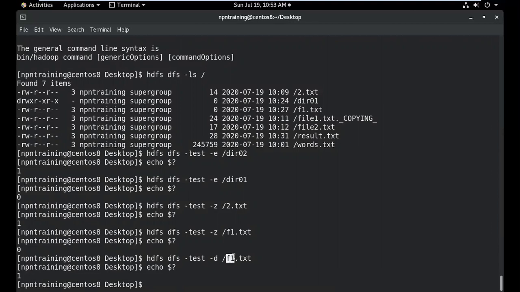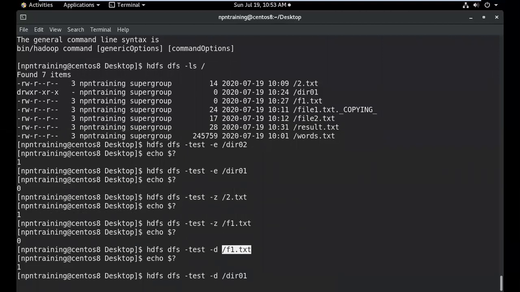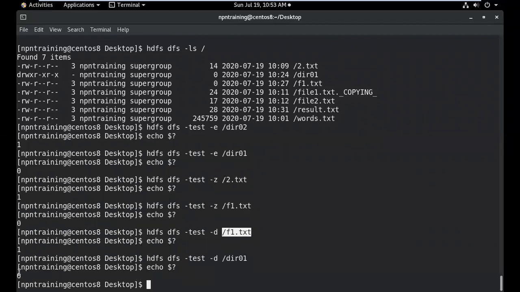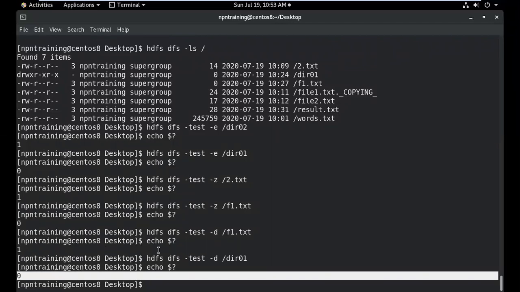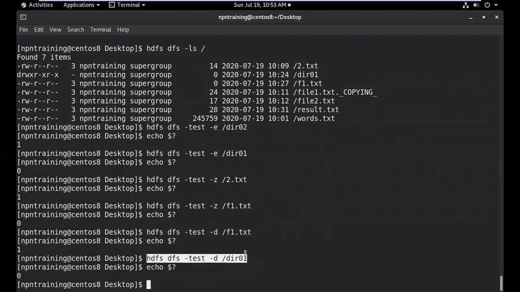Now this information you get at runtime. Now I want to find out whether this path is a directory or a file. So with this -d, if it is a directory, it returns 0. If it is a file, it returns you 1. For example, I can just invoke dir01. So now in this case, can you see this? It returned me 0. So with this, you'll be able to see that the given path is a directory. Right? Is it clear? Any questions here?